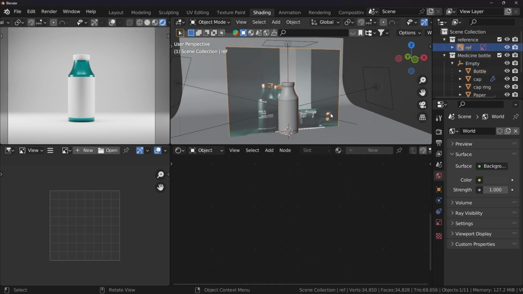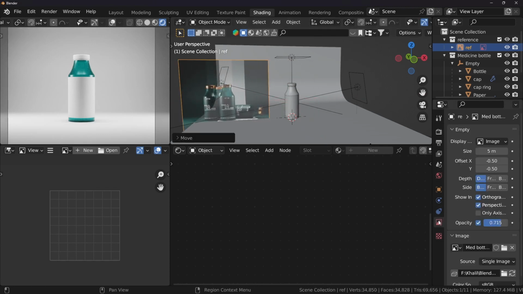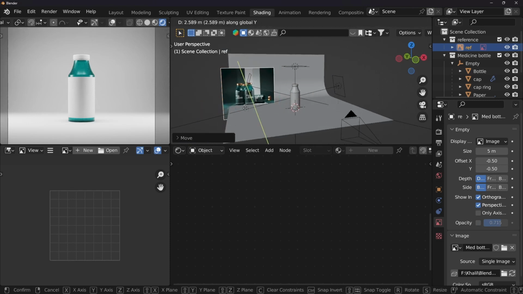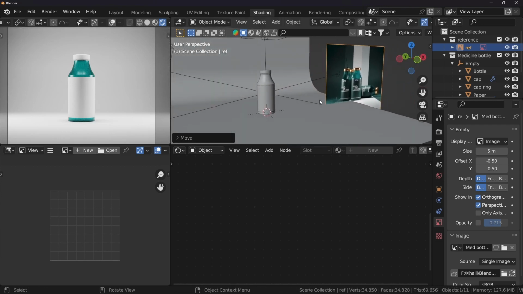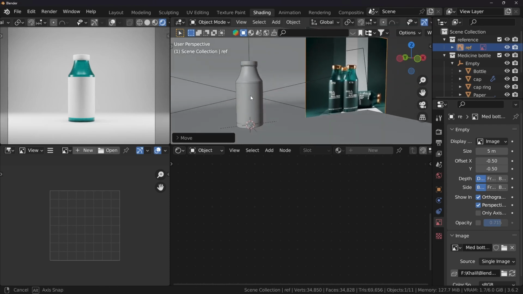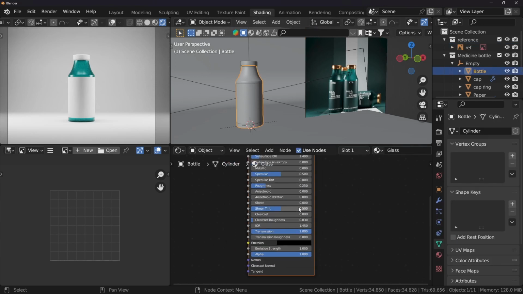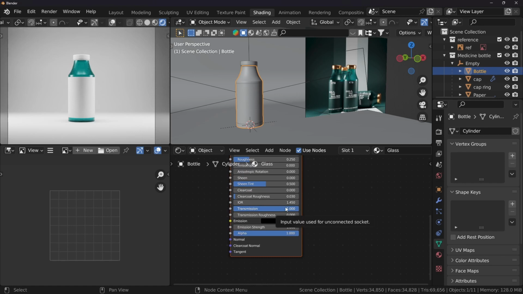So what we can do, just click on the reference and grab it here, and from the object data properties I'm gonna just click on this once again. Now we can also see the reference as well as our portal and the reference. Okay, so this is done. I think this is fine. I don't have to change anything else. I don't think. No, I'm not gonna change anything else, but I need something here. I need to change the,